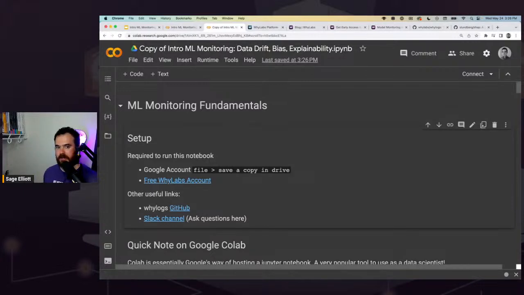Somebody let me know when they made a copy, and let me know that the link worked, because I did have an issue with Google Colab the other week, but let me know if you were able to open up this notebook and make a copy in your Drive. At least just one person, just to verify that it works.